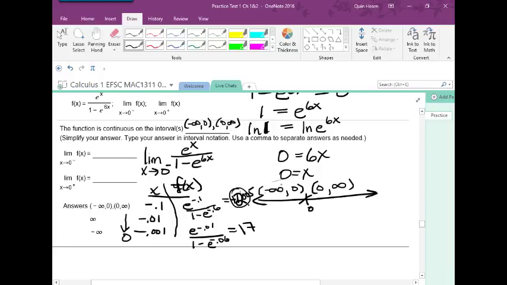Okay. And then we're going to go on down here and we're going to have e to the negative 0.001 over 1 minus e to the negative 0.006. Okay, and that's going to be 167. All right, so you can see that there's a trend here. If you keep plugging in, you should see that you get larger and larger positive numbers. So the limit as x approaches 0 from the left of this expression, if this is yielding larger and larger positive numbers, then it doesn't have a bound, so it's going to be increasing without bound, or in other words